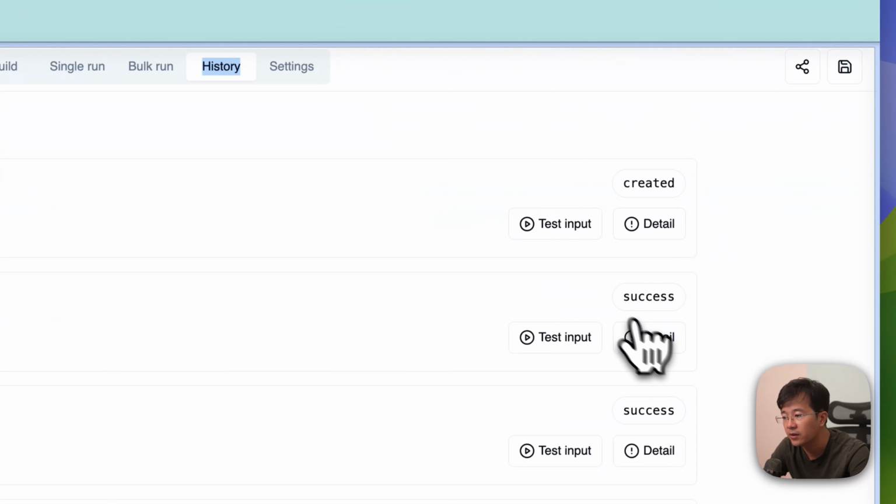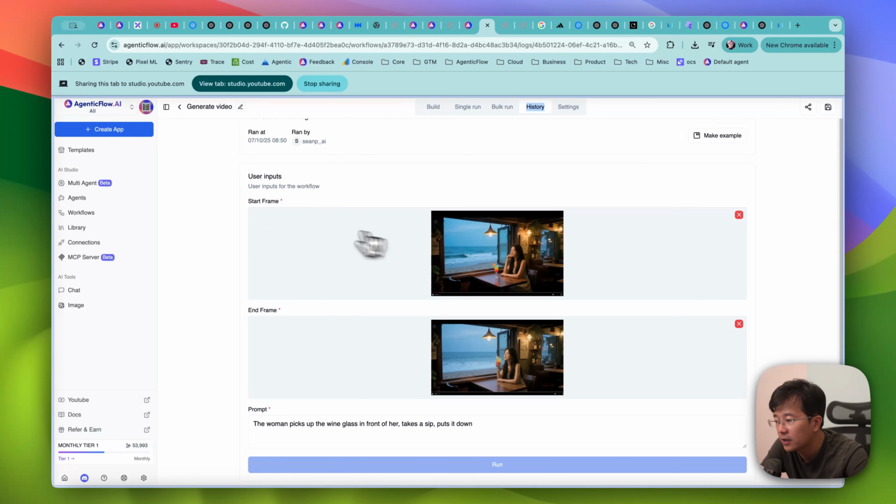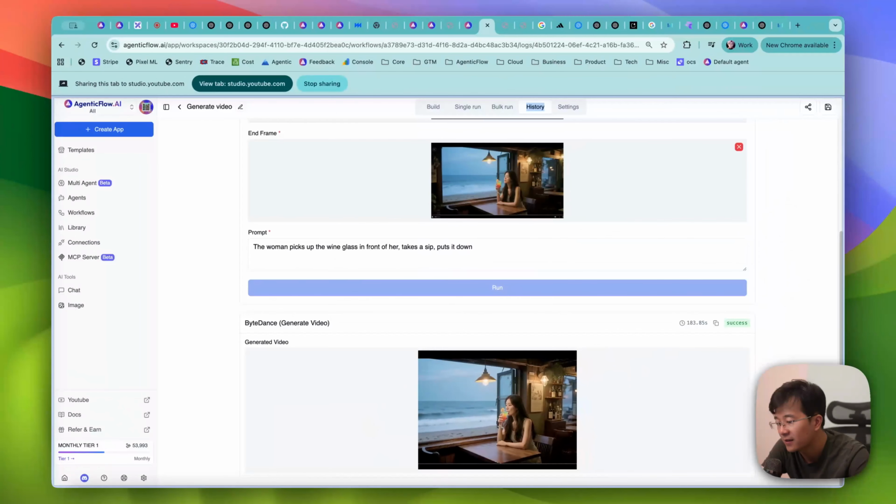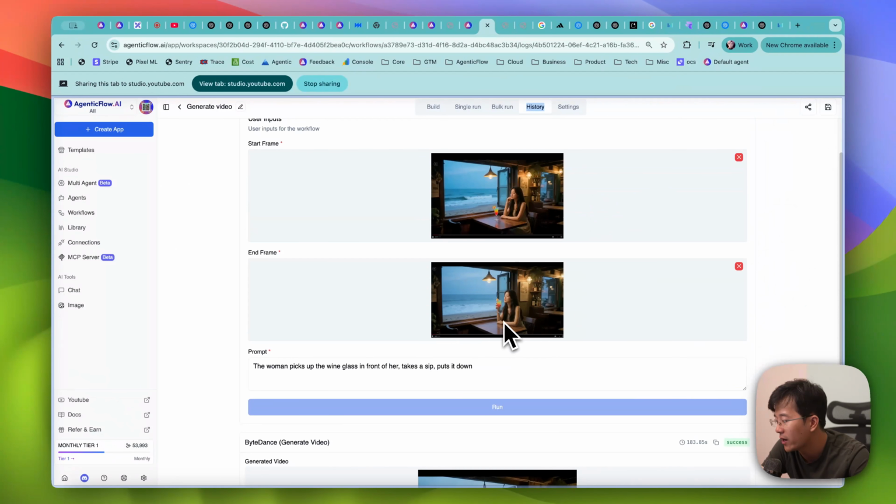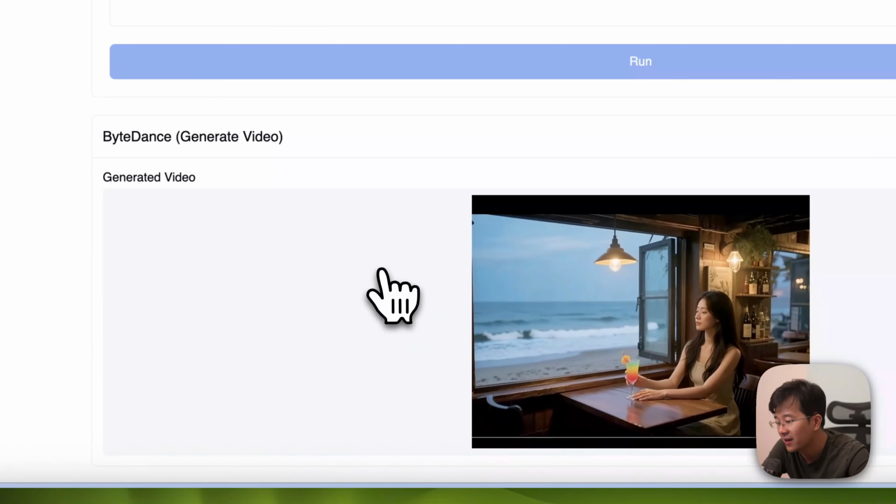So in this, this model is actually having a start frame and end frame. So actually you can be more directive in order to turn the scene from one scene to the other. Okay, so I give the scene of a woman here, and I'm using Nano Banana to create a scene where she picks up the cup, and then it turns into this video like this. You can see, it starts here and it will end here. Yeah, like this.